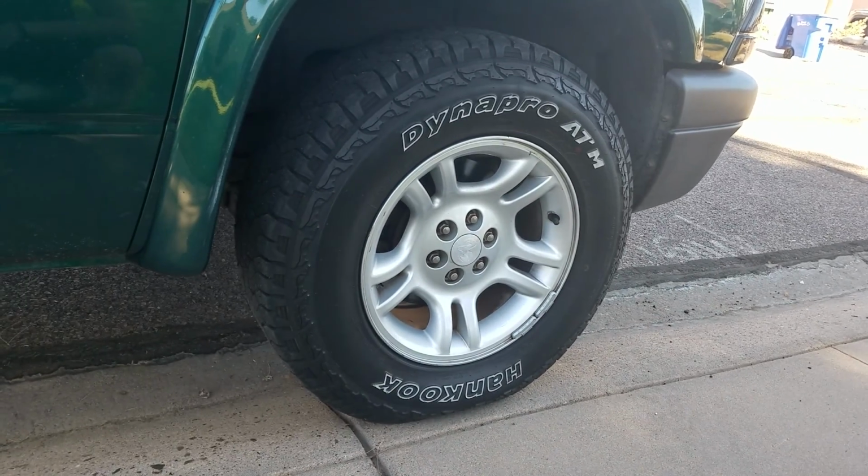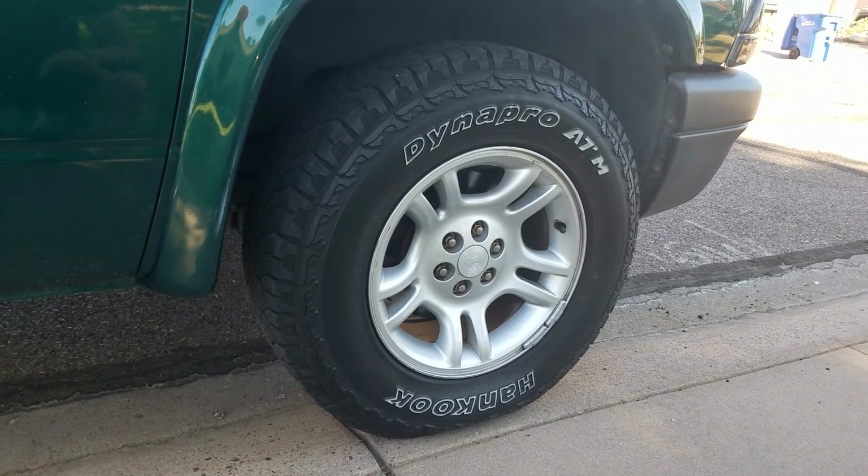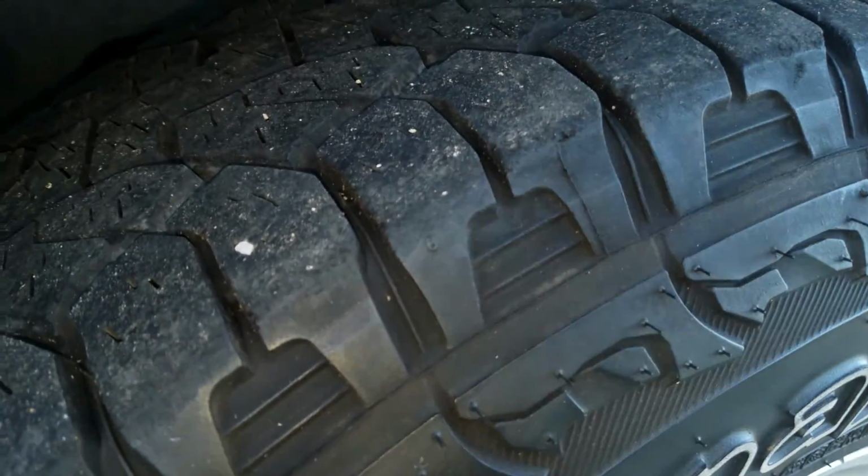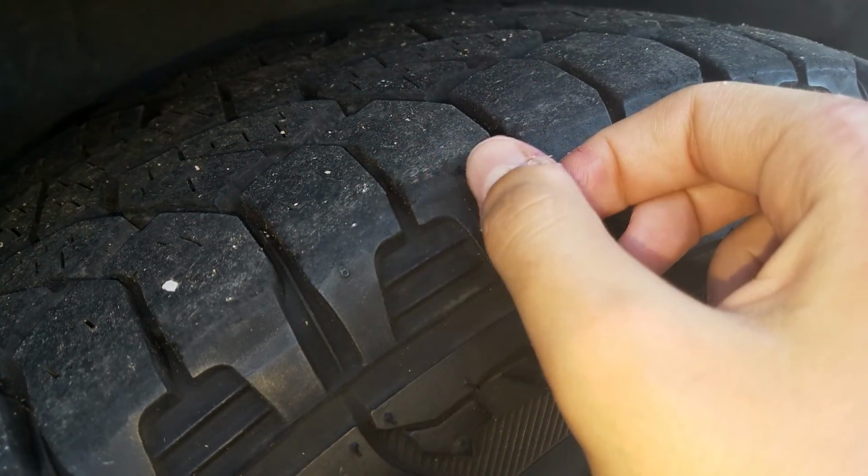And keep in mind, when I first bought this truck, the wheels were totally out of alignment. You can probably actually see it a little bit on the tire. If it'll focus. Come on. There you go. You see there's a little wear on the ends there. It's because